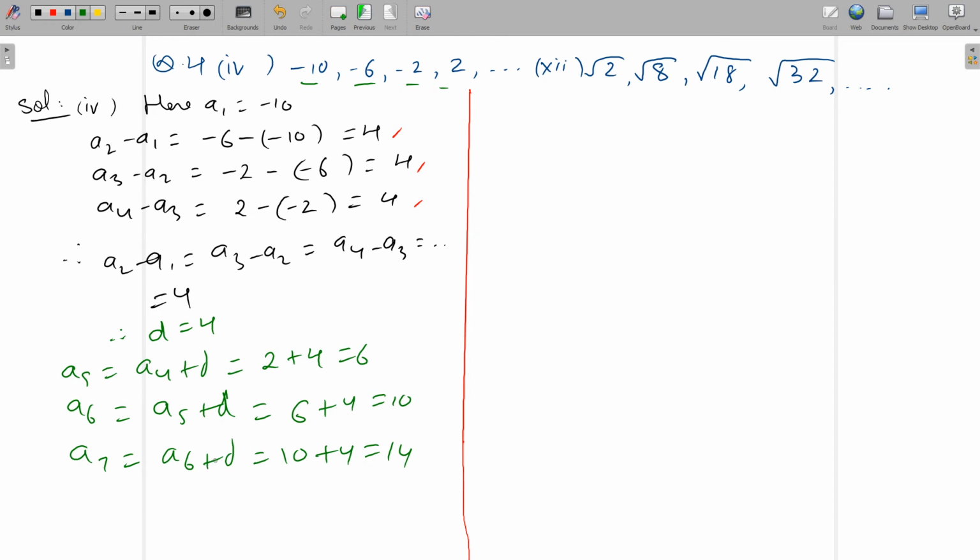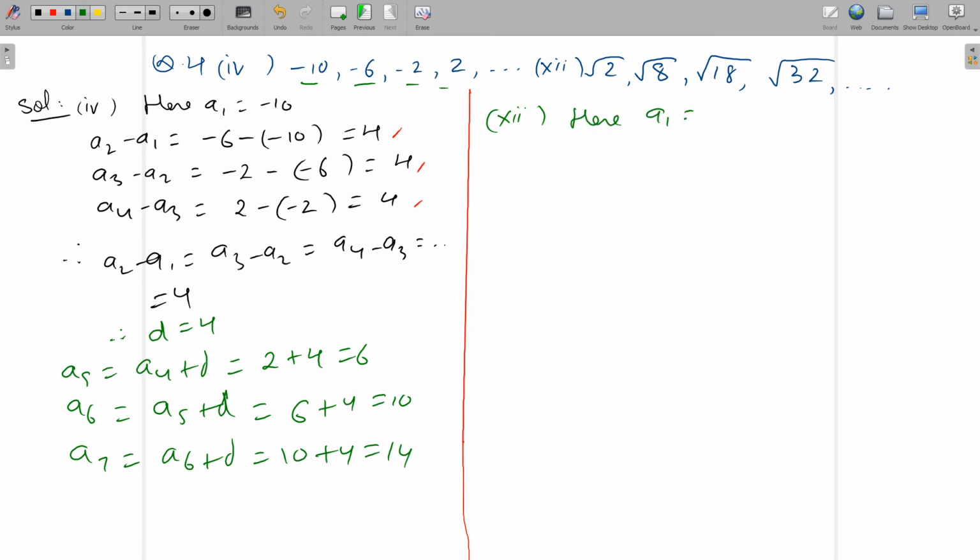They all are of the same kind. So from the 5th onwards, all the remaining questions you will do on your own, except this 12th one, which I will do. Whatever questions are remaining, question number 4, that you will try on your own. The method I have already shown to you. Apply the same method and definitely you will get the answer. So let us do this 12th one. I am doing the 12th one for you. So here we will follow the same method.